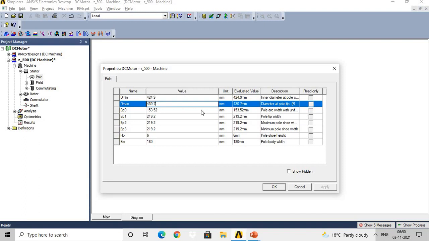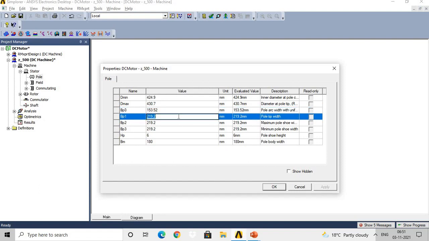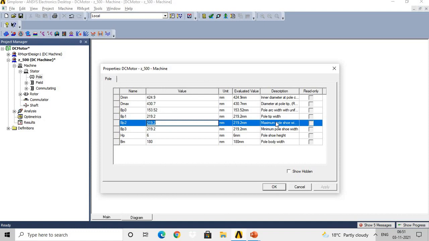430.7 mm. Then BP0. What is the meaning of BP0? Diameter at pole tip or rotor diameter plus 2 into G max. So here we have given the value as 153.52 mm. Then BP1. What is the meaning of BP1? Pole tip width. So here the pole tip width is 219.2 mm. Then BP2. What is the meaning of BP2? Maximum pole shoe width. So here also we have given it as